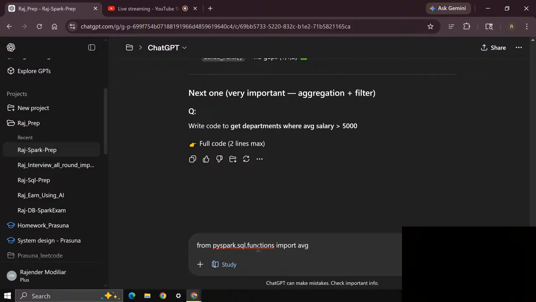Filter salary greater than, group by for sure.